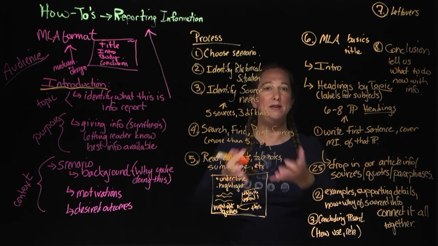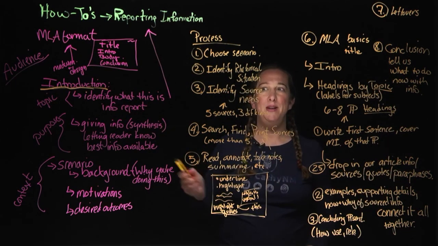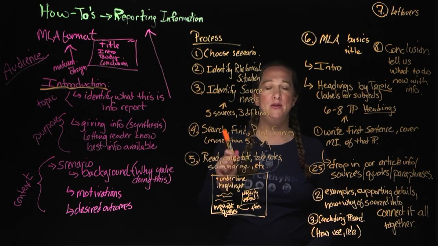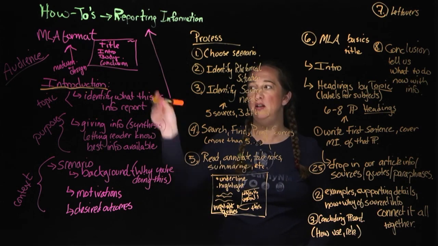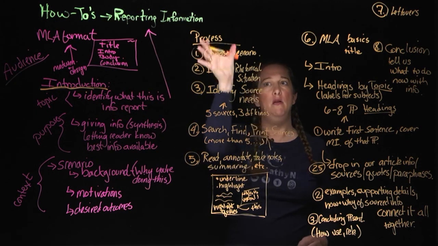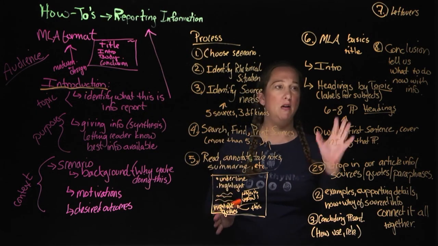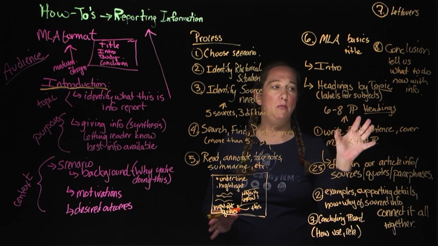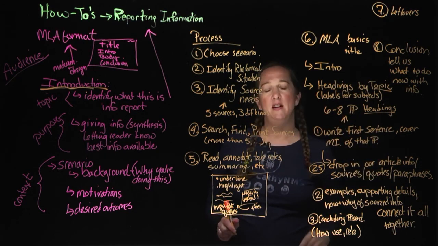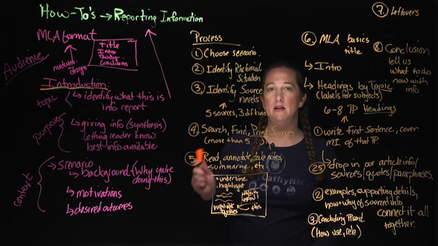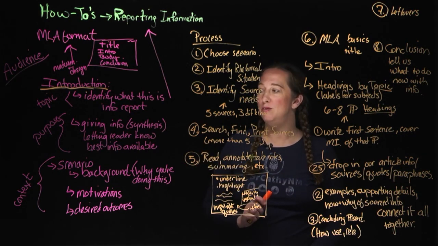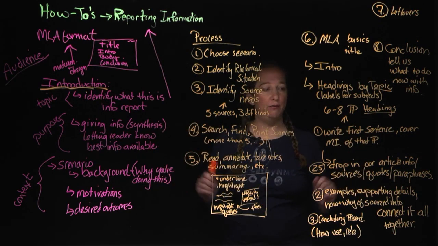In essence, what does this all mean? This means if we follow this process here, we have framed out and built our foundation, knowing what we're based on, what our purpose and our goals are for our paper. We've done our process, we've built our foundation and our framework, then we've filled in the rest of our building and fleshed it out a little bit more, and we've set a conclusion so our reader knows exactly what is expected of them to go to this next step for where we're going to use our information, how we're going to use it. I hope using this as a framework helped you better